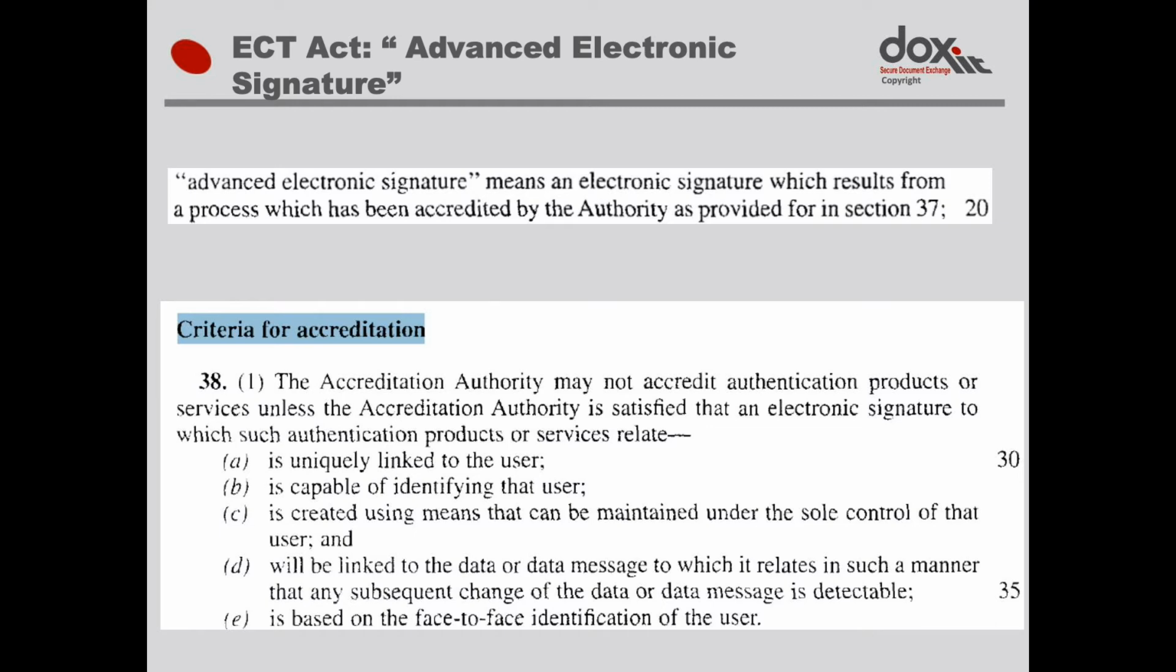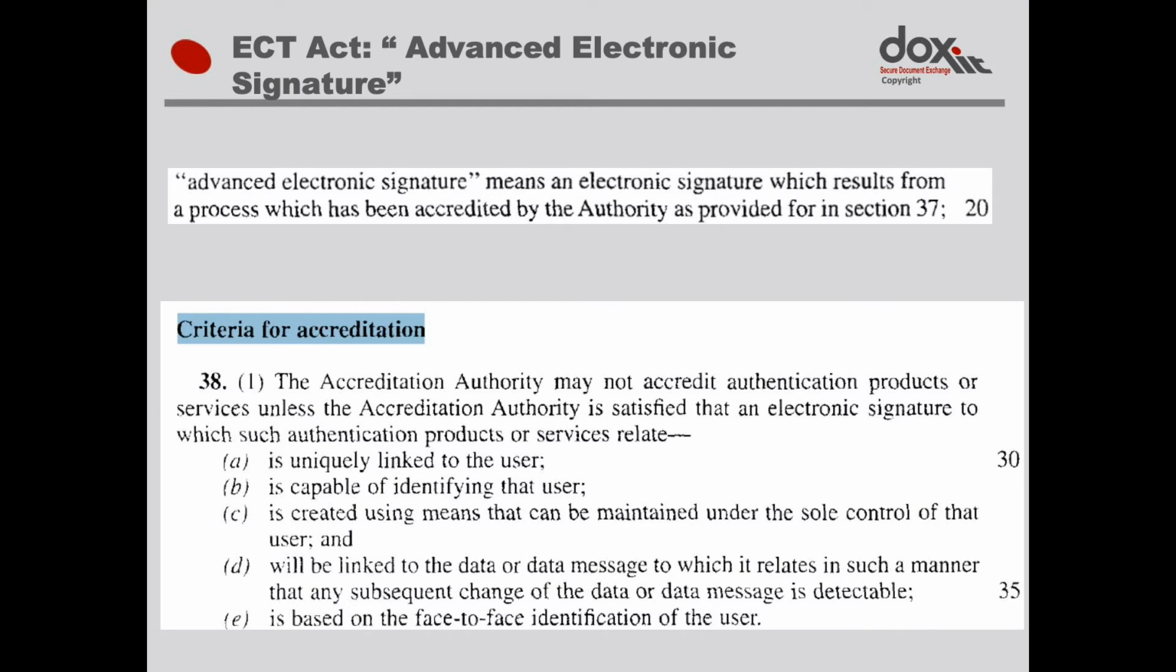An advanced electronic signature means an electronic signature which results from a process which has been accredited by the authority as provided for in Section 37. The criteria in Section 38 is the important part. It says, the accreditation authority may not accredit authentication products or services unless the accreditation authority is satisfied that an